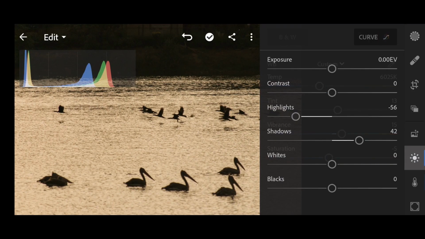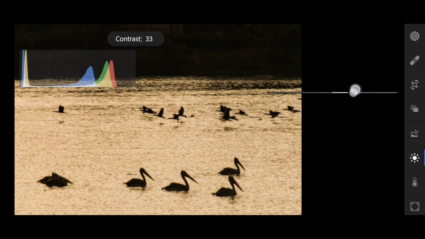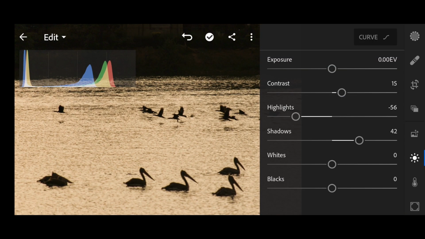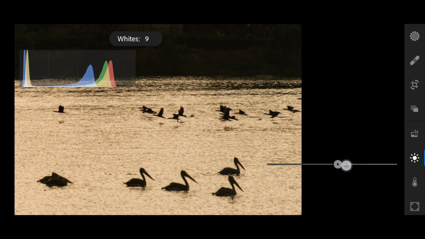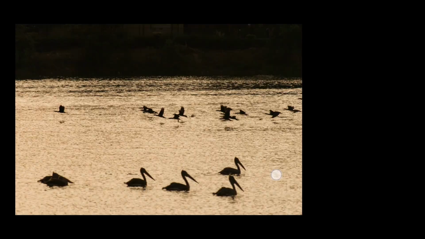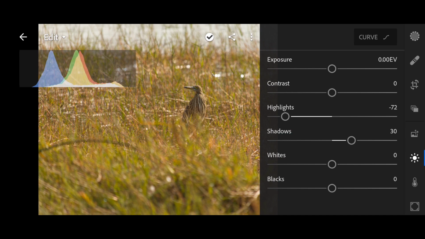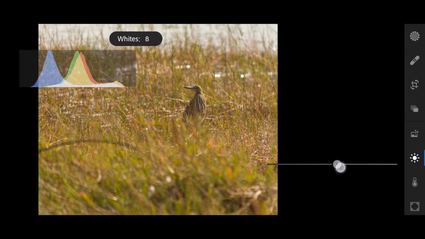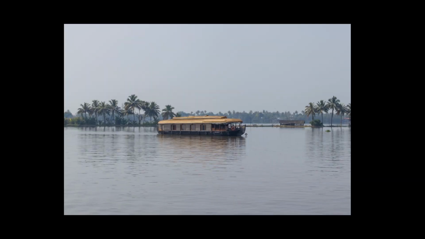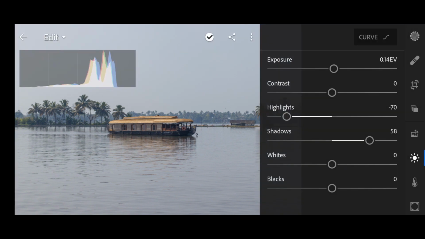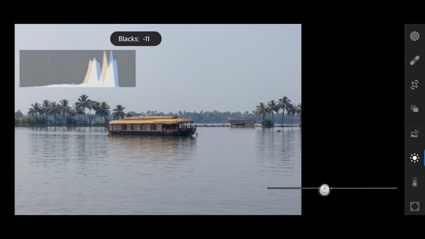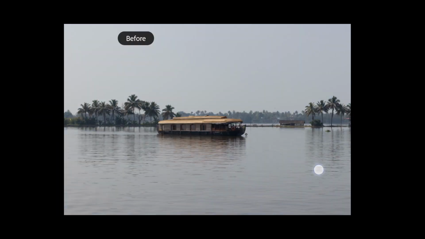Adding contrast will make the image look great, but if it's overdone even a little bit, it spoils the entire picture. It basically spreads the color over the histogram. I'll make a dedicated video on histogram later. So increasing contrast will make the blacks darker and whites brighter. Contrast can also be added the other way around, by decreasing the blacks and increasing the whites. Here are the pictures before and after editing.